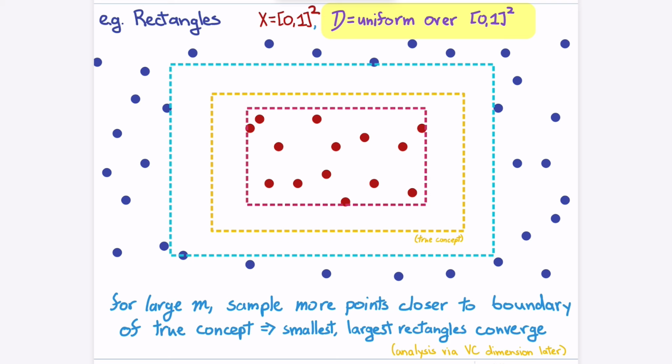Now, to even quantify what I mean by error, we have to assume some distribution, right? So we can make this argument more precise by saying, okay, let's say I have a uniform distribution over a 0, 1 by 0, 1 square. Now, let's say that my algorithm is going to choose the smallest rectangle. So my error is this margin between the red and the yellow, kind of uniform. Then you can start trying to calculate, how many samples do I need until I can guarantee that the space between the smallest rectangle and the true rectangle represents only an epsilon fraction of the distribution,